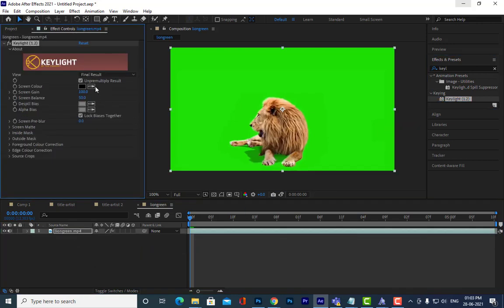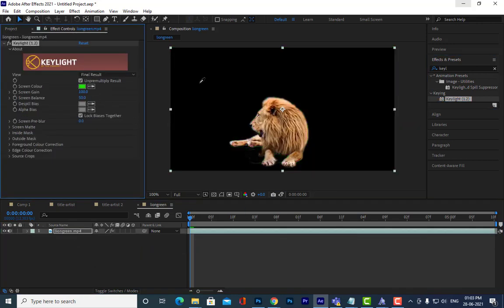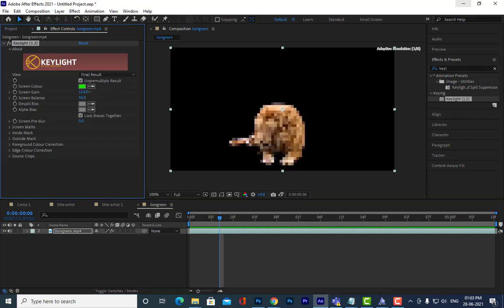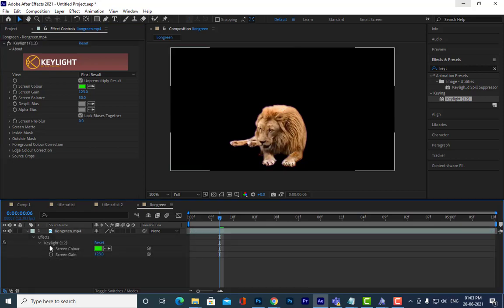Okay. We'll use Keylight. Okay, let us see. Okay, now it is better, right? We can increase the screen gain. Okay, let's put this one only, right? Because this is working fine.